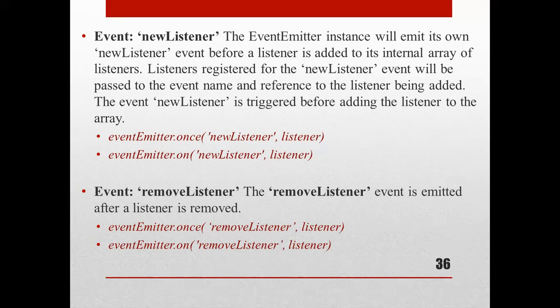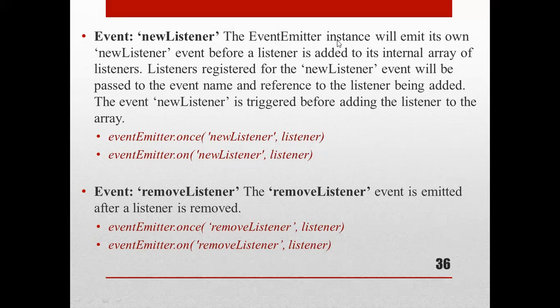Here you can see we are going to add a listener once and register with it. See the syntax, eventEmitter.once, inside the brackets newListener, comma, the listener, another listener. We are going to add that listener itself here.